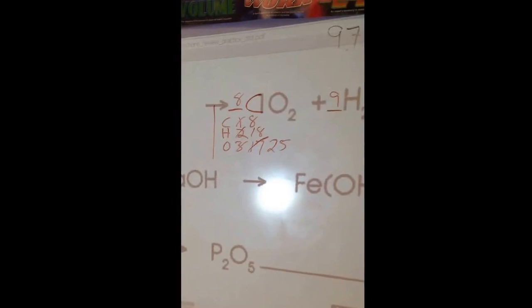Okay, so we're going to do number 2 for our first example of the word equations. We have aluminum bromide plus chlorine yield aluminum chloride plus bromine. So we first have to start with what we have. We know we're going to have an aluminum component, a bromine component, and a chlorine. That's going to yield